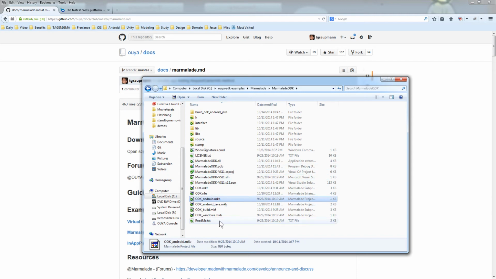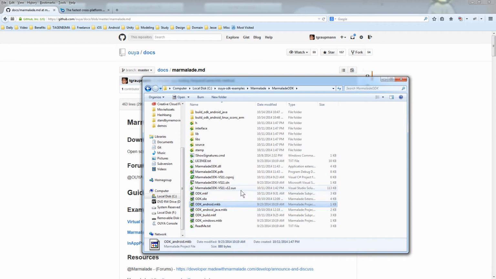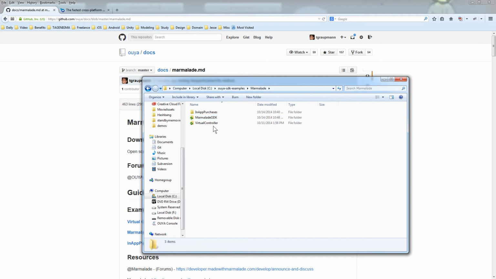The next step is to run ODK_Android mkb, and this will compile our C++ part of the plugin. It builds the extension, pops up a little window, and once that exits, you're done with the Marmalade ODK, and you're ready to use the other examples. Okay, so back to the Marmalade engine, we can go right into in-app purchases,